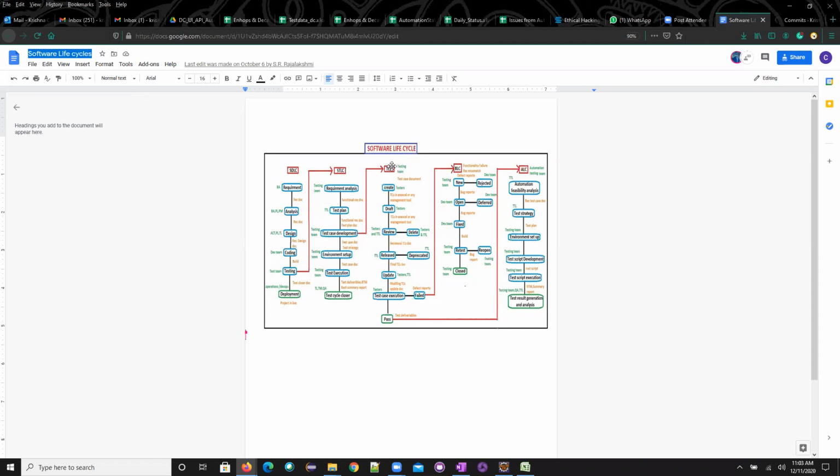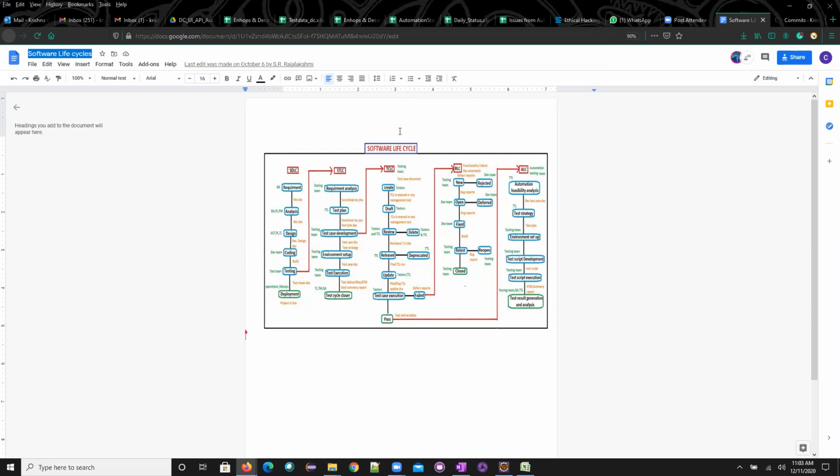Now, in the test case life cycle, what are the things we want to do? And once again I'm saying it, these life cycles will be different from organization to organization. One organization will follow many steps, and another organization may not have that many steps. It all depends upon the organization, but as per the basic standards, we will be following these things. So how will we be creating the test cases now?